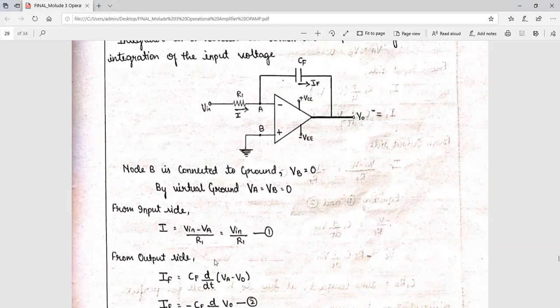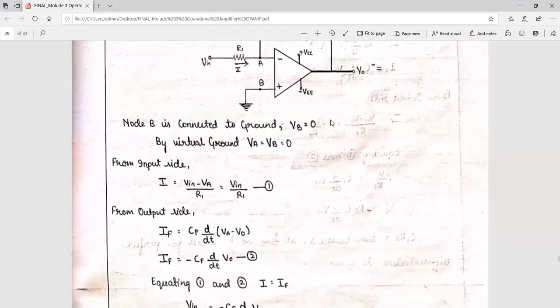So IF will be equivalent to CF, the value of capacitance, into d by dt of (VA minus V0). And if we go further, we know that VA is equal to 0. So we get minus CF d by dt V0. So here we have V in by R1, and here we have minus CF d by dt V0. So when I equate these two equations,